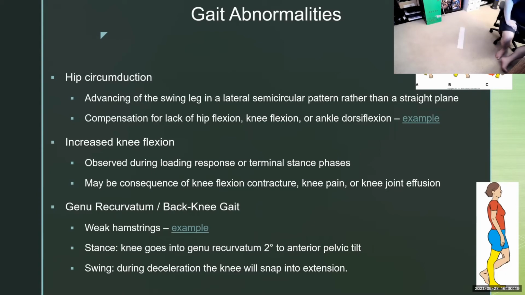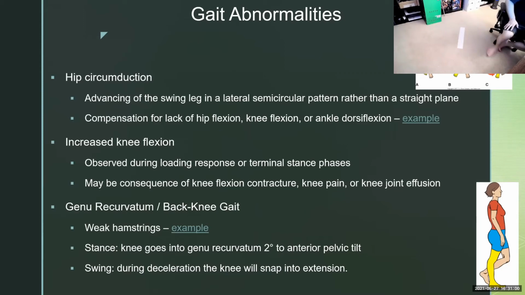So circumduction, this is a problem with typical hip flexion, knee flexion, or ankle dorsiflexion. Again, trying to clear the foot. If you have problems with plantar flexion, you could go into circumduction as well. So when they walk, instead of just going heel toe like we normally would, they're going to do one of these, and try to swing their legs wide. That's because they can't get that hip flexion going when they're going to plant down. So they'll swing their leg out, and they get the same effect going on. Swing my leg out, heel straight. Circumduction is exactly like it sounds.